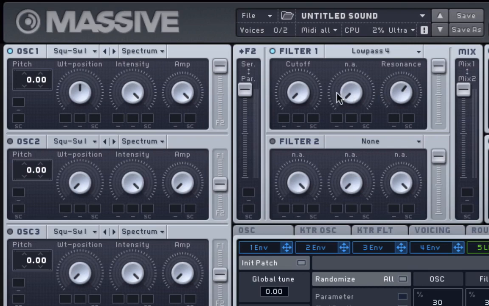So when I play a note now, you can barely hear anything. You can see up here a voice is registering, but you can barely hear anything. And that's because my cutoff frequency is all the way down at the bottom, at the very, very lowest it can go. So only the very, very low frequencies are passing through this filter, which means that we can barely hear them. If I move this up,